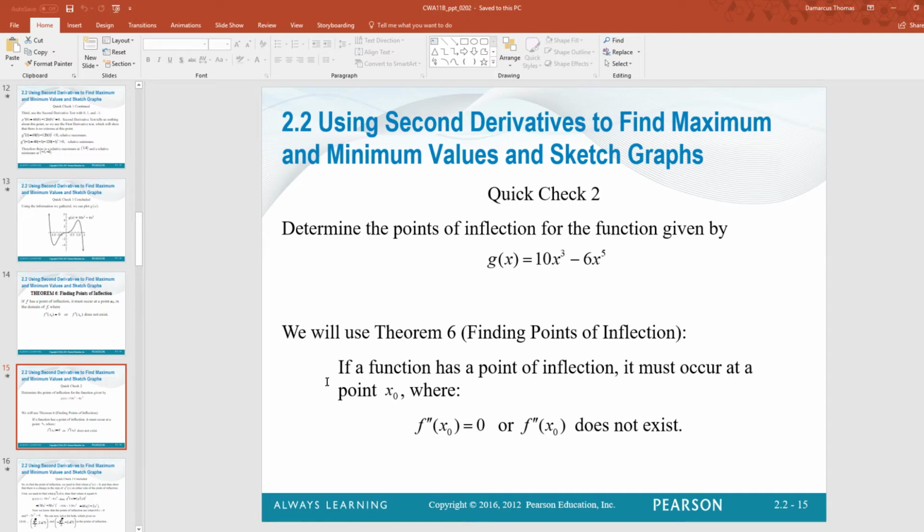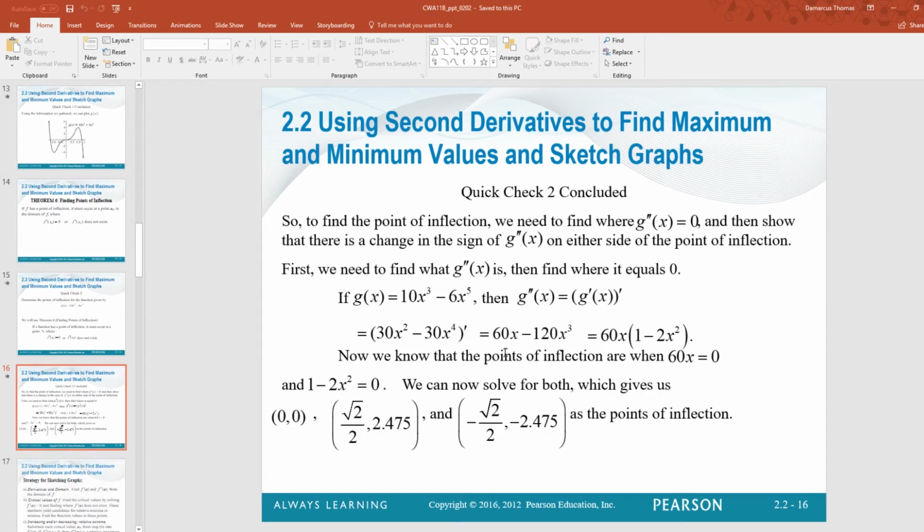And so what we're going to do is figure out if the function has a point of inflection, it must occur at some point where x naught is either equal to 0 or the f double prime does not exist. And so we're going to take the first derivative, then the second derivative, and then set the second derivative equal to 0 because we know that it will never be undefined anywhere. The domain of this function is all real numbers, so we have to set it equal to 0